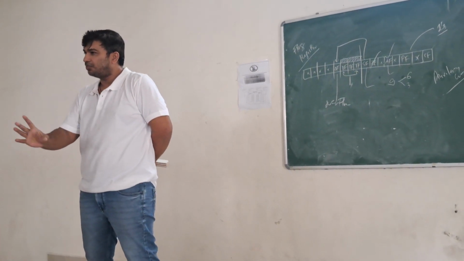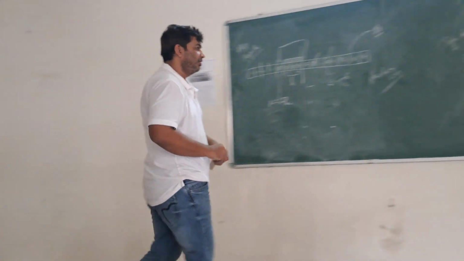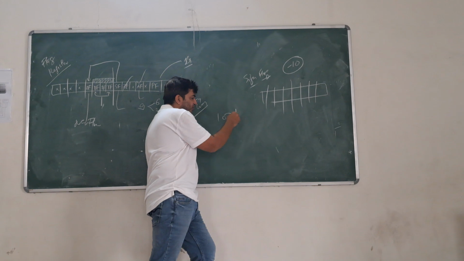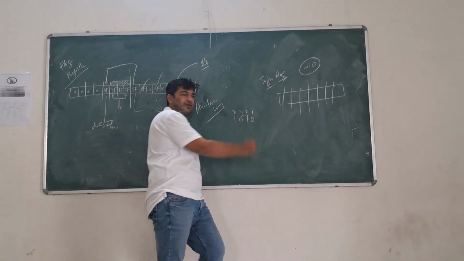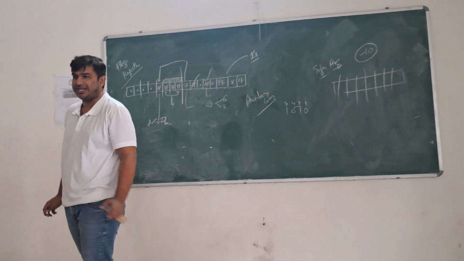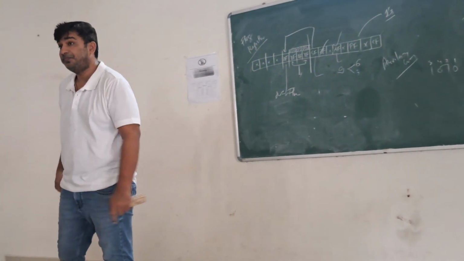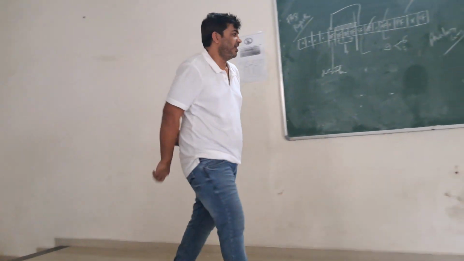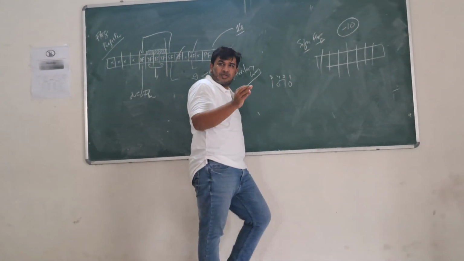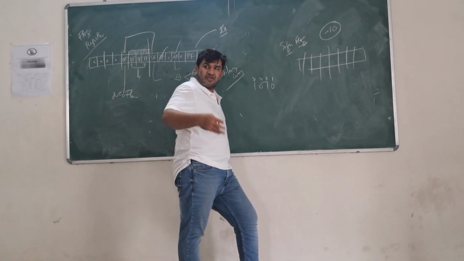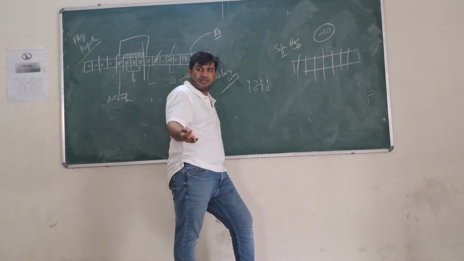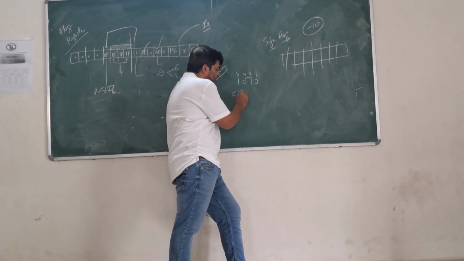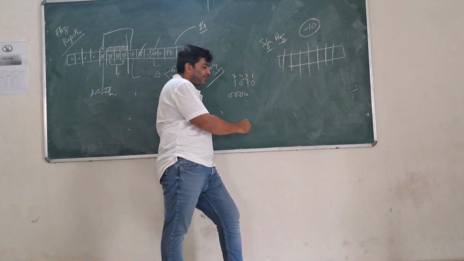So tell me how to store 10. 10 is 1010. I hope that is clear. How is it 1010? The weightage is 1, 2, 4, 8. 8 plus 2, 10. So 1010 is 10. How can I store minus 10? Don't know? Very good. Do you know something called 2's complement? Why do you find out 2's complement? That you don't know. Just to get the marks you are finding 2's complement.